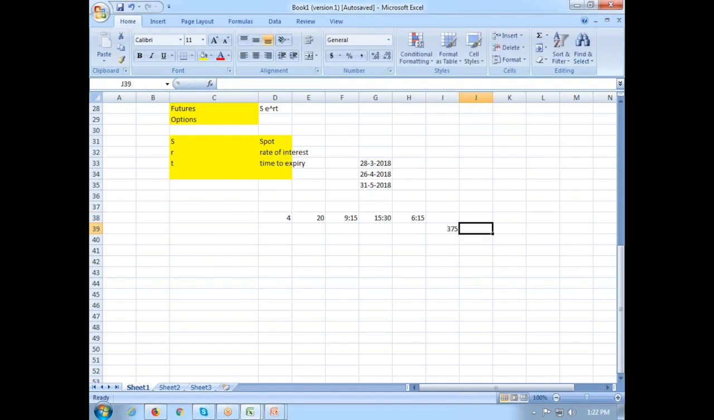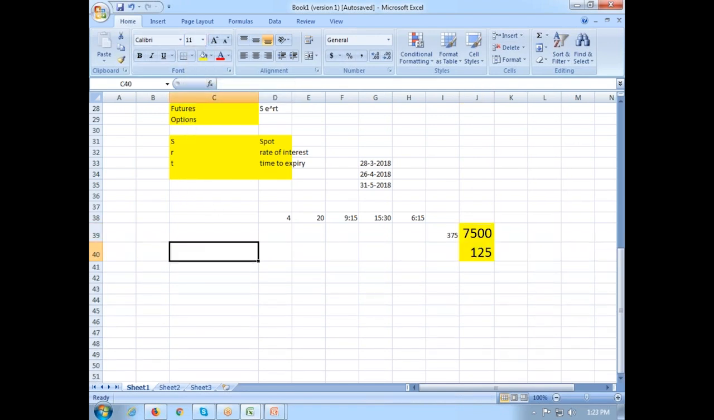This is 375 minutes. 375 minutes into 20. You are getting 7,500 minutes or 125 hours to trade a contract. The life of a contract, at least an option contract, futures can be rolled over, not option contracts. The life of an option contract is this: 7,500 minutes